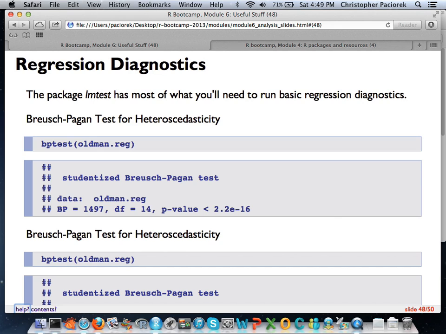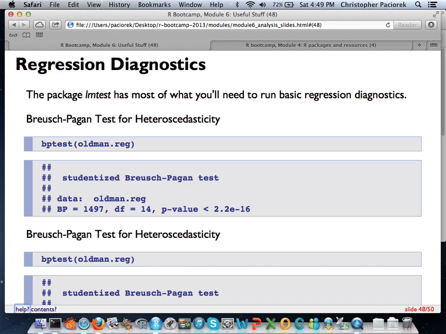And I want to introduce you really briefly to a package that's really good for doing a lot of these basic things that a lot of applied researchers are going to be interested in. Specifically, the package here is lmtest. This has a lot of different functions that you can run on a regression output, on a GLM output. And it will give you some nice little statistics to do the good statistics part of figuring out whether or not you're using these fancy computer tools correctly.